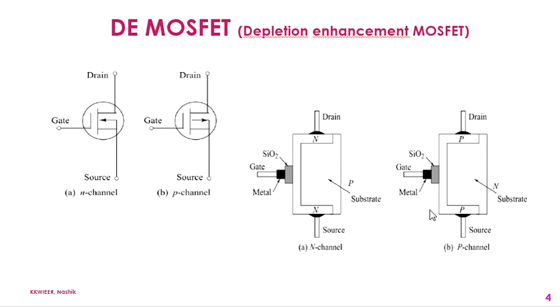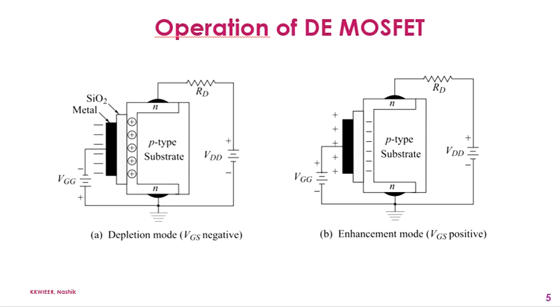This is a basic structure of MOSFET shown here. Here you can see the drain and source terminals are diffused into a substrate material and then connected by a narrow channel adjacent to the gate. To describe the basic operation of this D MOSFET precisely, we are going to consider the N channel device. In case of P channel operation, it will be the same except the voltage polarities are opposite to that of the N channel. So let us consider the N channel MOSFET to understand the operation of this D MOSFET.